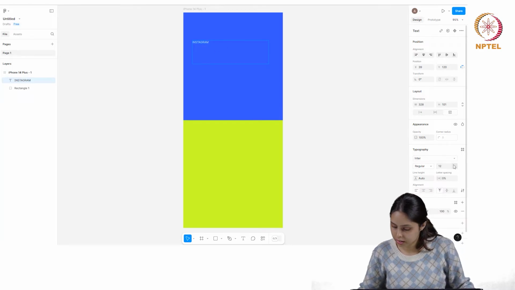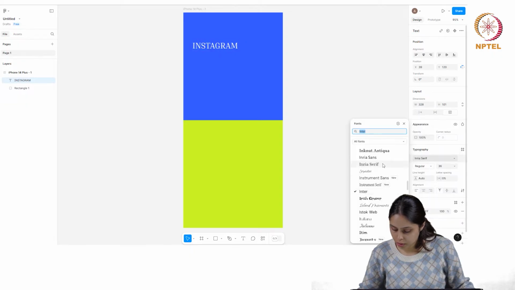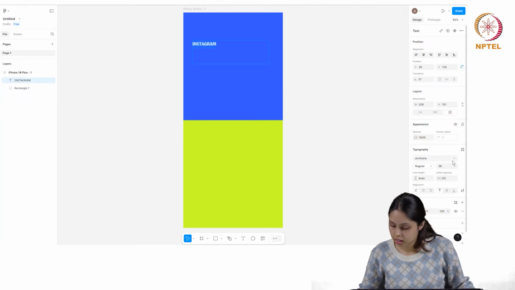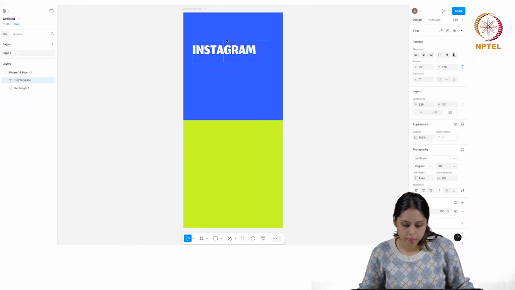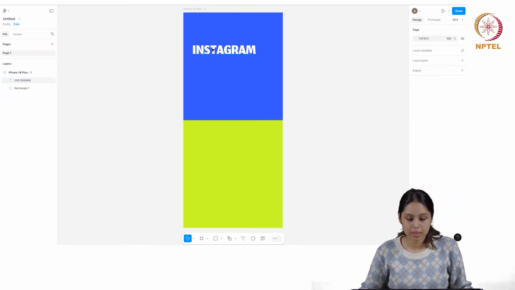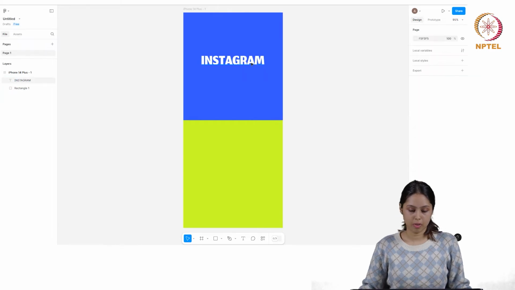Yeah, select it and then go to 36 and then choose your font. Let's go with this, right? Let's just make it bigger because I can't see it. Yeah, and you can just select this and then you want to change the dimensions, you want to place it differently. Okay, yeah, let's just keep it here for now.